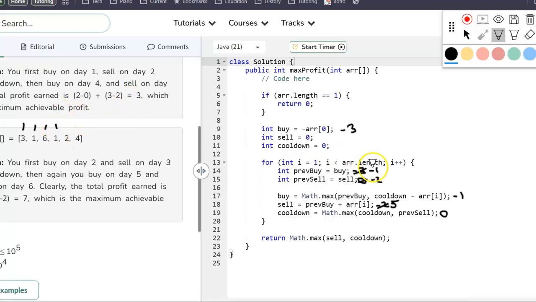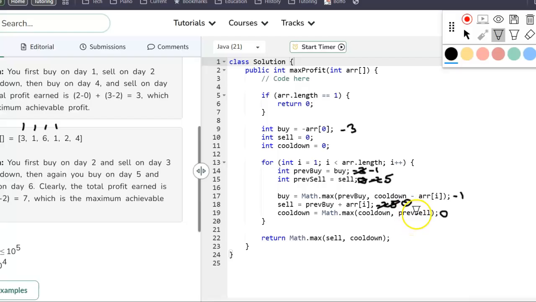Next day, previous buy stays at -1. Previous sell is now at 5. So let's do the computations. Buy is the max of previous buy, which is -1, or cooldown minus array at I, which is 1. It stays at -1. Sell, previous buy, is -1, plus array at I. So that becomes